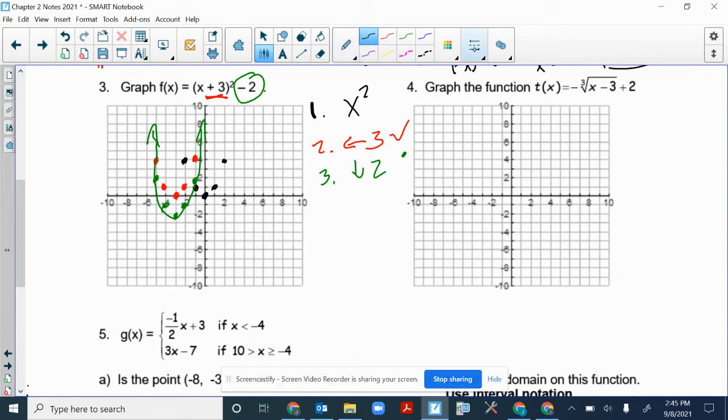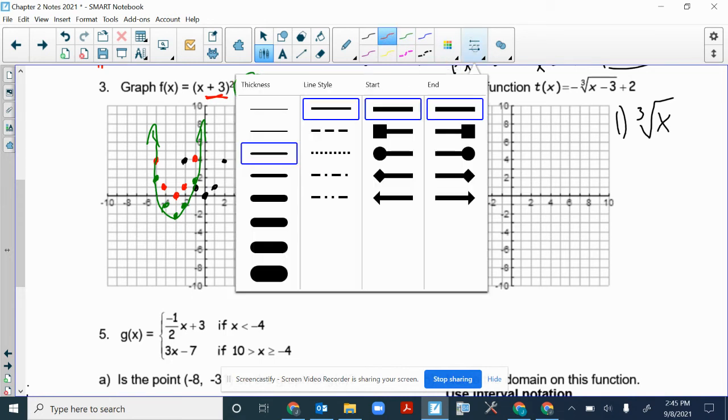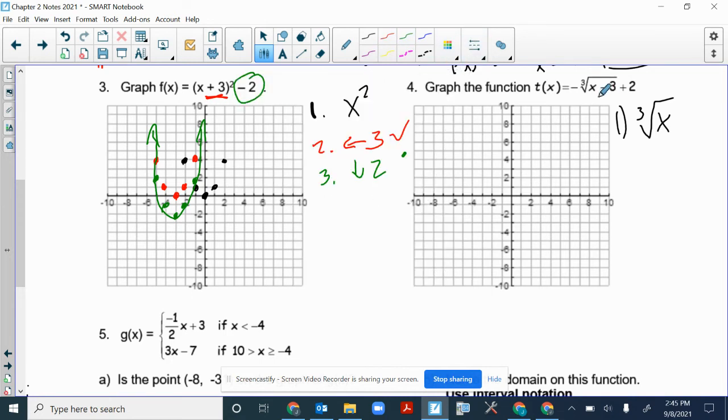All right, now we're going to do the same thing for number 4, but this one is a different parent function and a couple different transformations. So first, our parent is the cube root of x. We don't get that one too often. And then I did it red last time, so let's do it red again. The next one is, and we always start from the inside and work our way out,